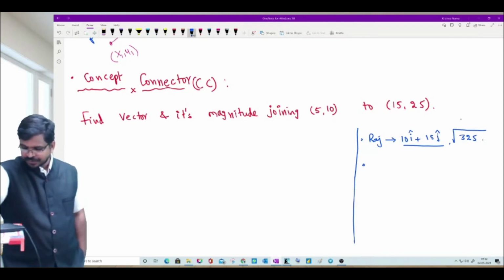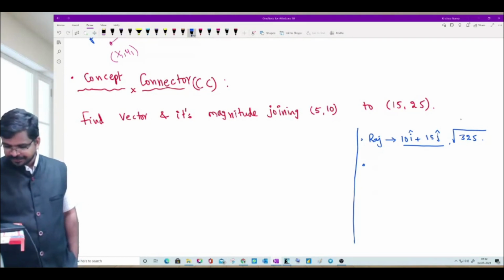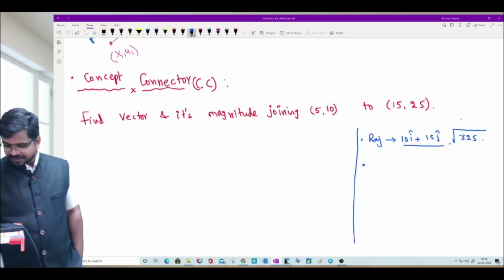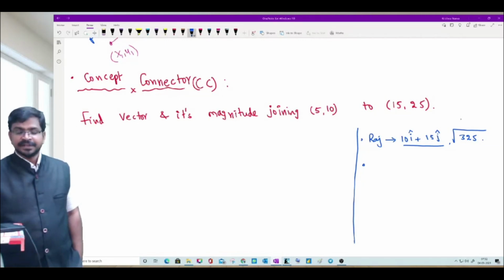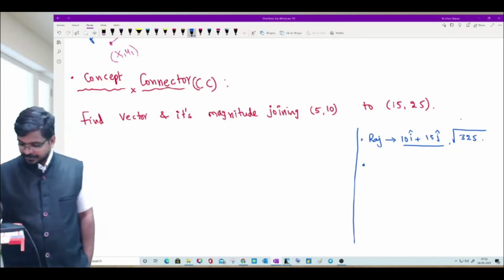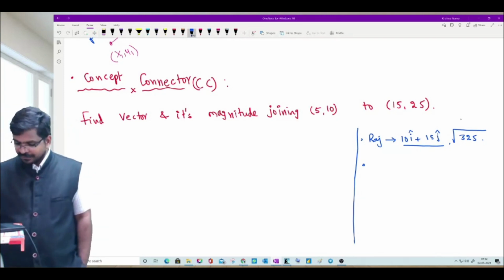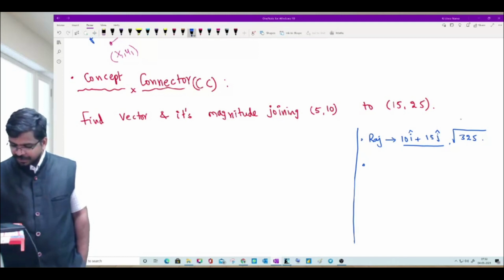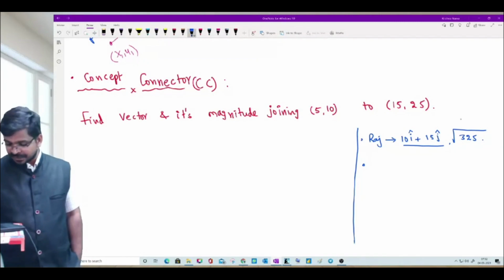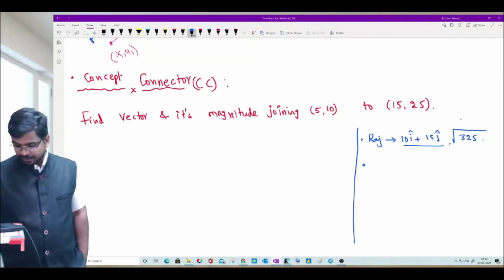Let me check, the remaining students gave answers already in the chat. Ifra Yasin gave 20. Ifra Yasin, once you check from your side, 20 is a wrong answer. And Srikar gave 10, 15. Very good, Srikar. Sri Chetan gave 5, 15. Sri Chetan, the first coordinate 5 is wrong, 15 is correct. And Sahasra gave 10 I cap plus 15 J cap as the vector, and square root of 325 as the magnitude. Sahasra, you are absolutely correct. Rajanish and Sahasra gave right answers. And Srikar gave only the vector, not the magnitude.